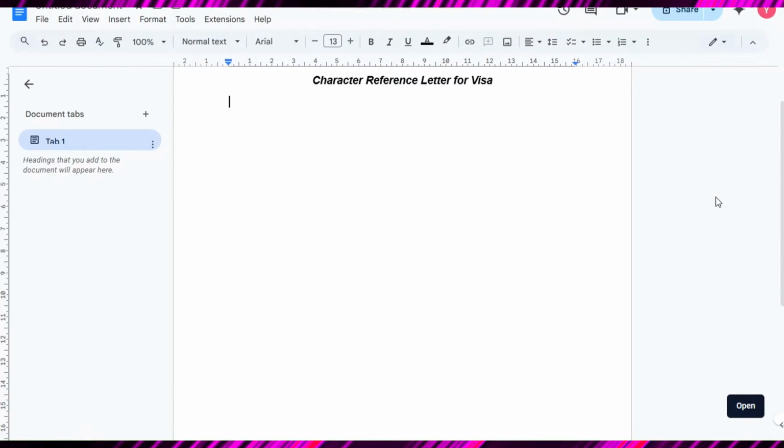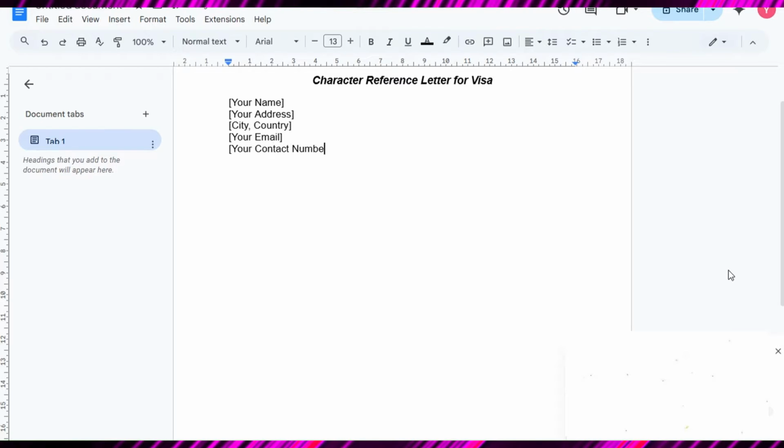Today, I'll walk you through how to write a character reference letter for a visa. It's a crucial document that highlights a person's integrity, reliability, and good character, serving as a supporting statement for their visa application. You should begin your letter by including your full name, address, city, country, email, contact number, and the